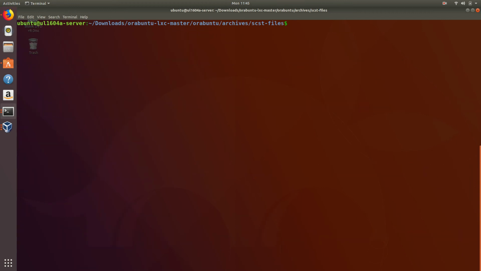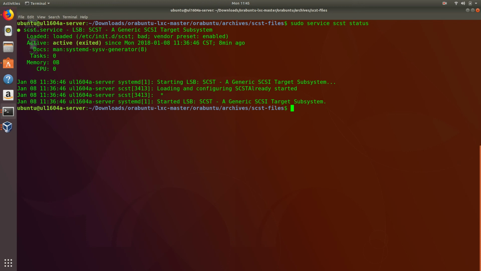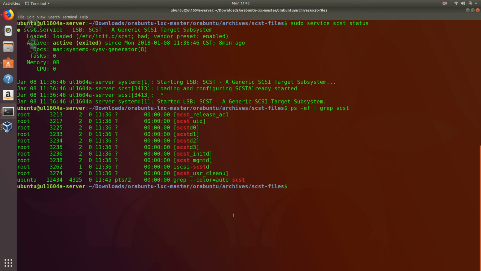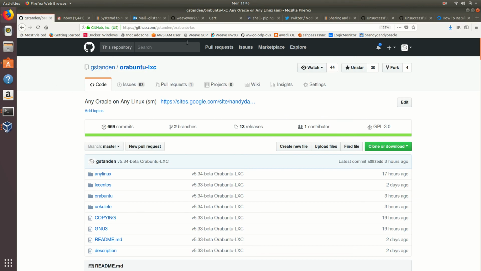We can run sudo service scst status, and ps -cf grep scst. So there you have it. That is the Ubuntu 16.04 deployment of SCST using DKMS enabled Debian packages, using the scstfiles.tar bundle, which comes with Orabuntu-LXC, and you can find the Orabuntu-LXC project here at https